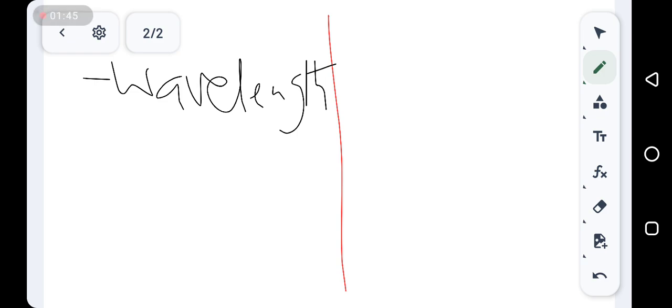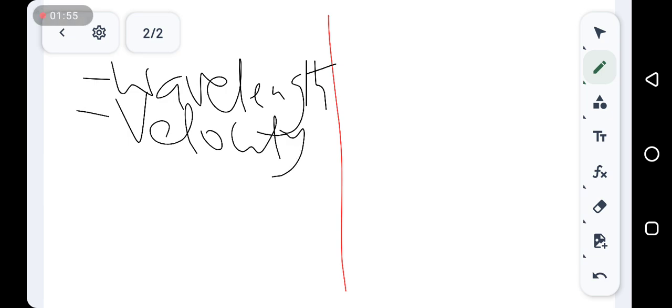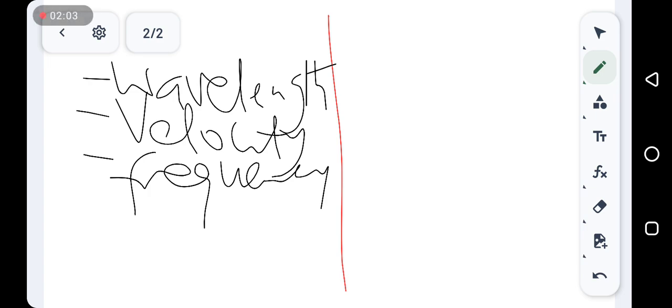We'll solve them. Then velocity of a wave, how to solve it, frequency of a wave, period of a wave,